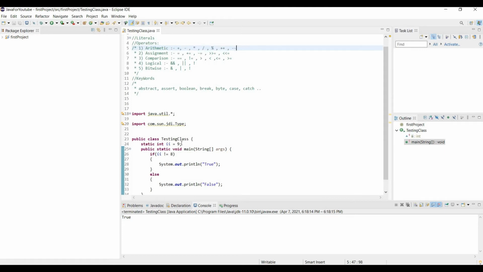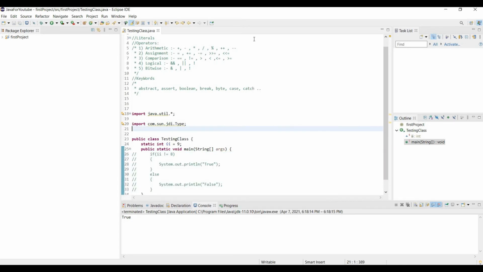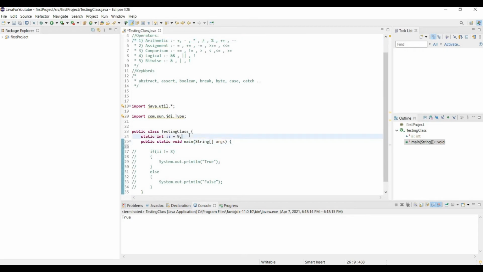Okay, let me show you. So now we are going to see this arithmetic operator. Okay, I'll show you plus, minus, and multiplication.